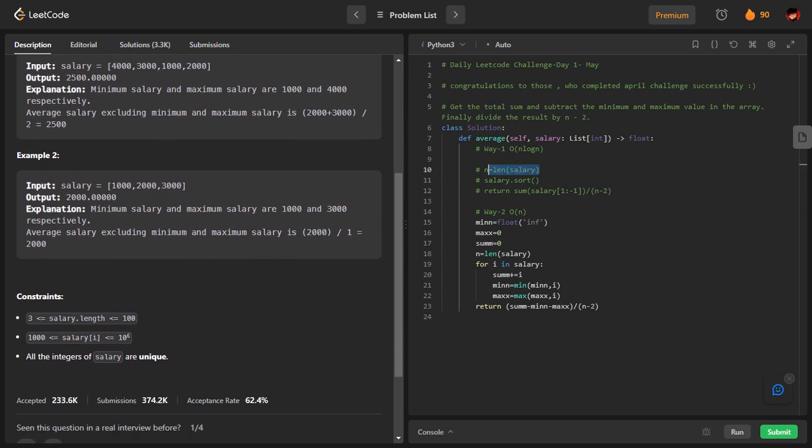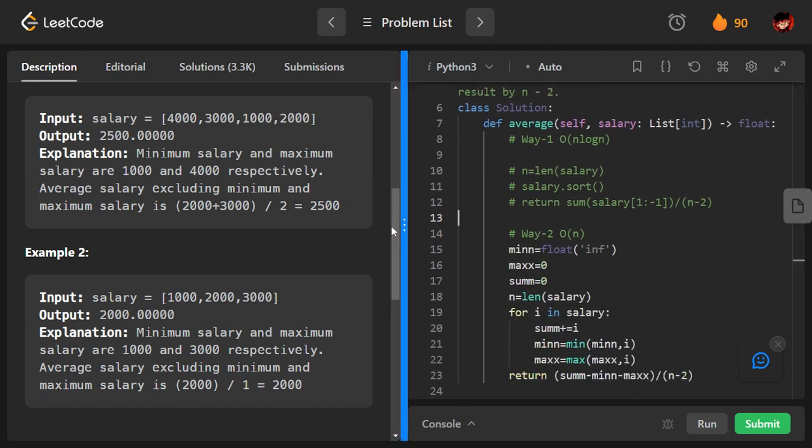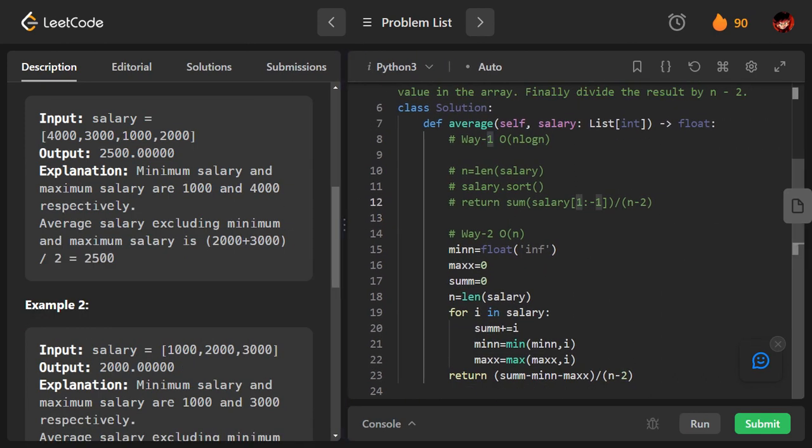So what we're doing is, again we are declaring n as the length of the array. We are using the sorting function. Finally, we are returning the salary starting from the first index, not the zeroth index, till the last index. When a question comes, try to explore with the programming language. I have written one and I have written minus one. What does it mean? Starting from the first index till the index before the minus one index. Minus one refers to the last element. So if I write minus one, it means up to the element before it, that means minus two.